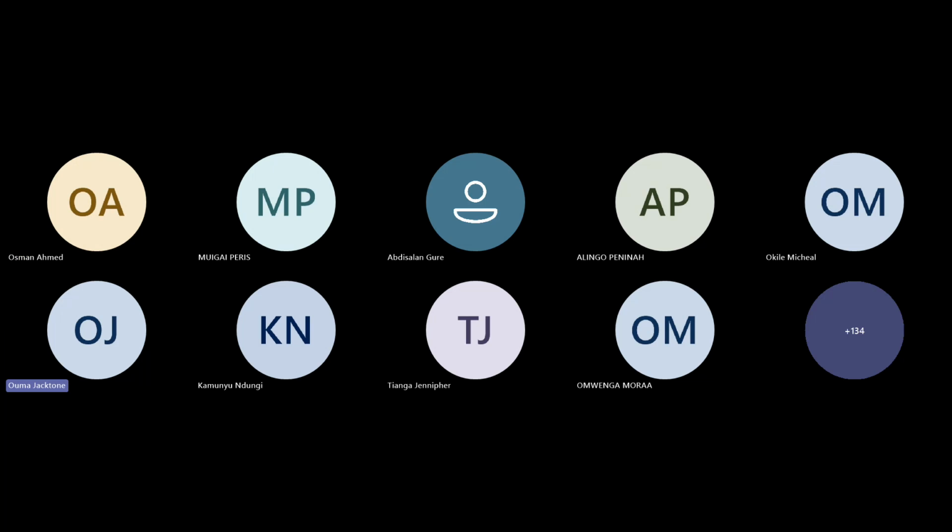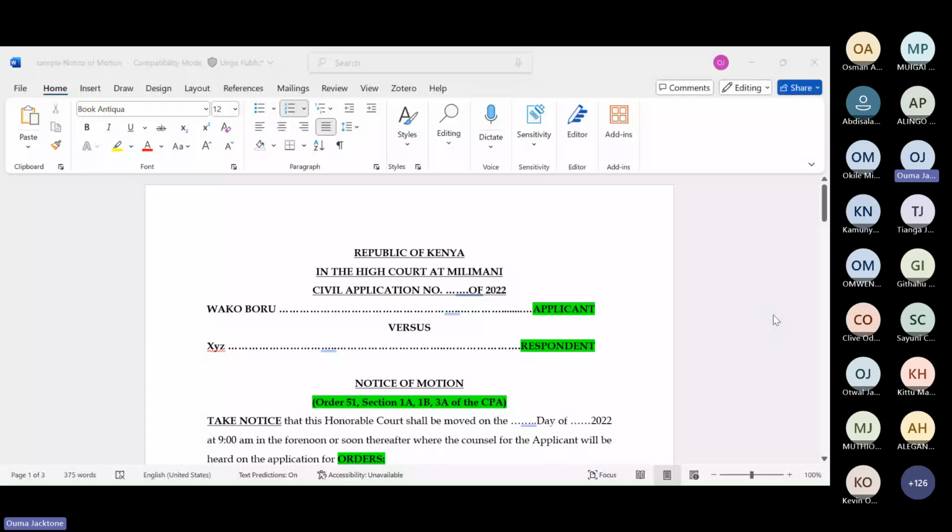Wait, you're asking a lot of questions. You're losing me. So you are saying which one is the institution? You've said institution. You've said Ahmed. Which one is the institution? Let me bring it back again on the screen. For example, Ahmed is acting on behalf of an institution or executing on behalf of. Look at the screen. We have the applicant and the respondent. Tell me which one is the institution.